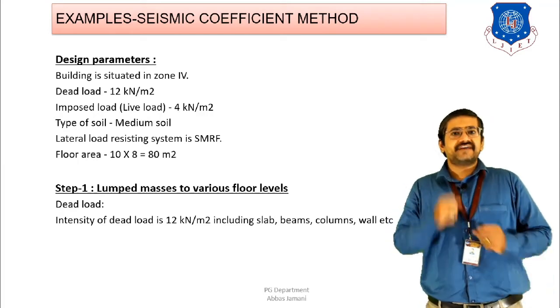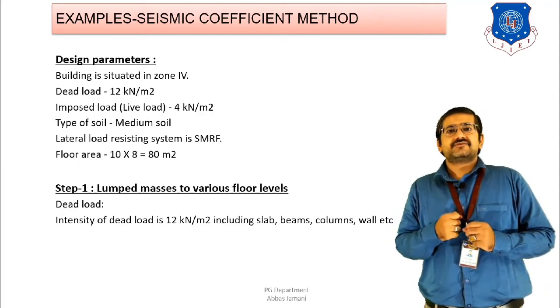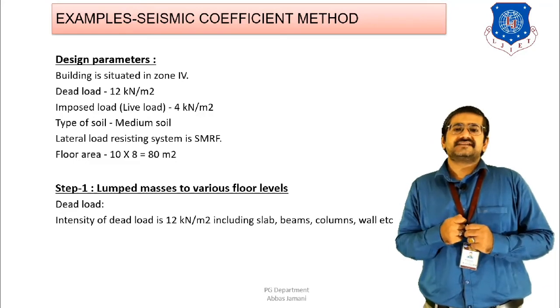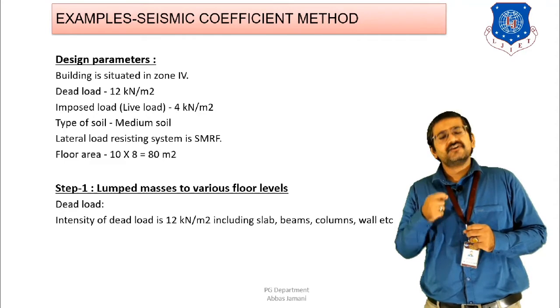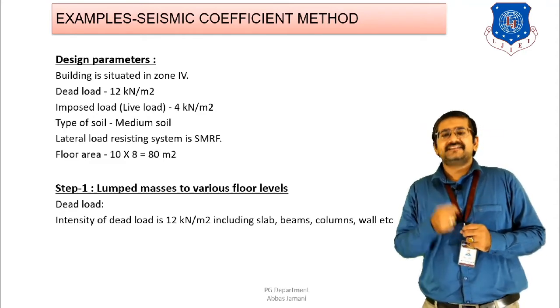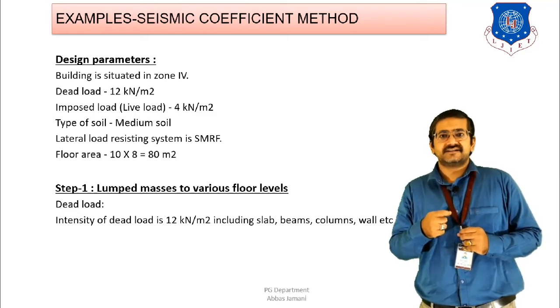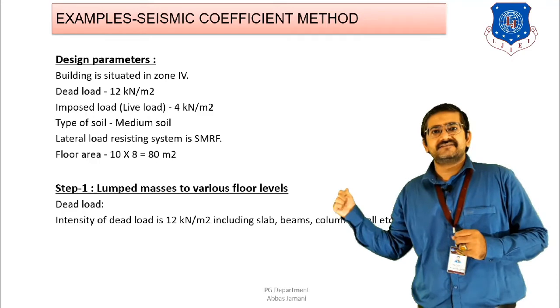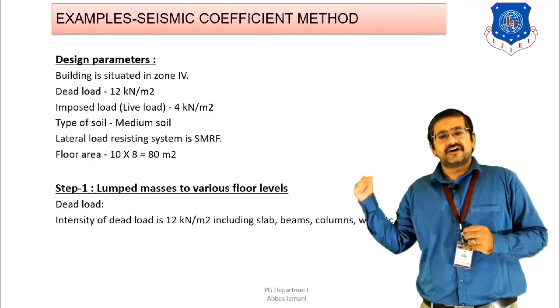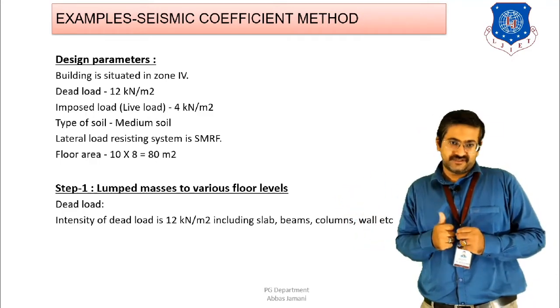So as a result of that, we know that the IS code, that is IS 1893-2016, is suggesting that whenever the building is a type of important building, or it is a public building such as school building, college building or hospital building, then the importance factor of such building shall be considered as 1.5, right? So the first word, that is the school building, is giving you an idea about what is the value of importance factor that you need to consider.